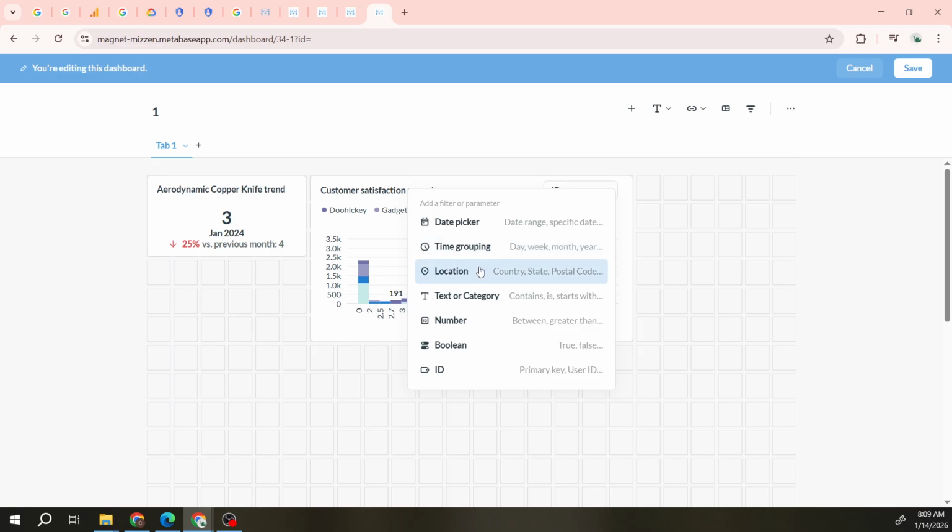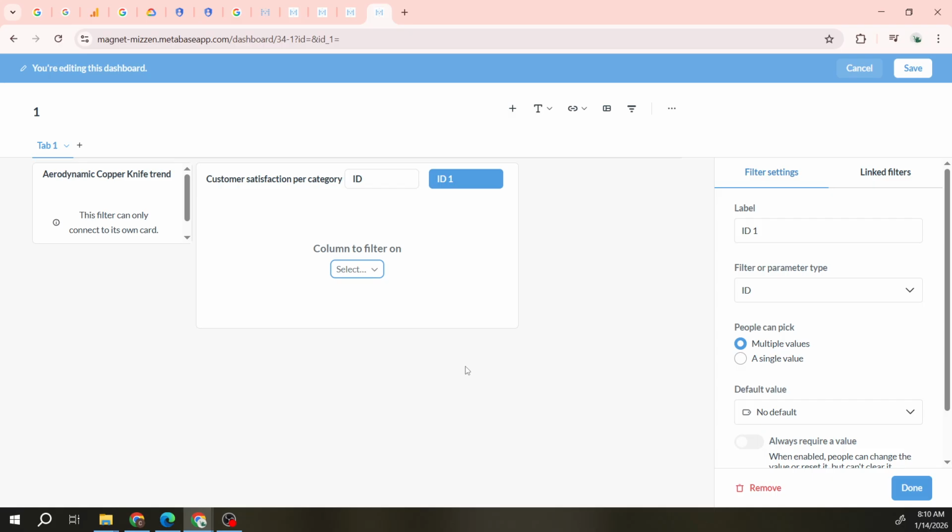ID is best for exact matches on identifiers like an order ID or a user ID. And other categories works for general text-based fields such as product category or status. Picking the right category ensures Metabase presents sensible input options to your viewers and matches the data type behind the